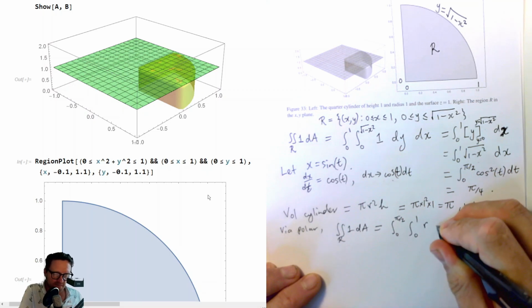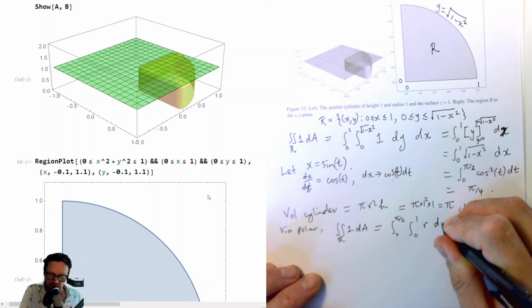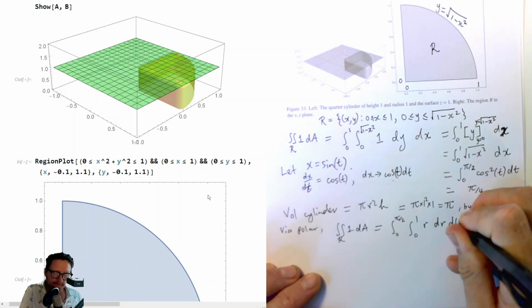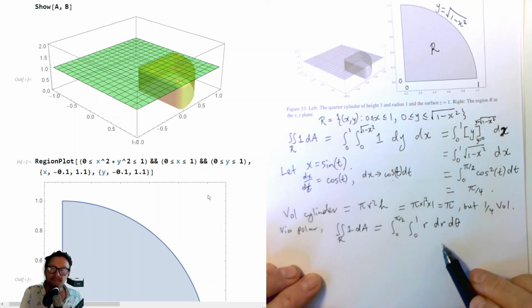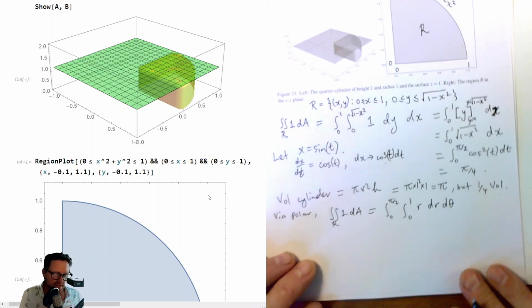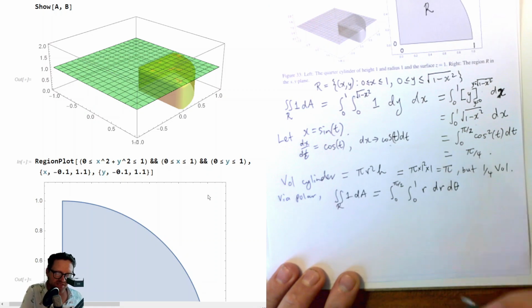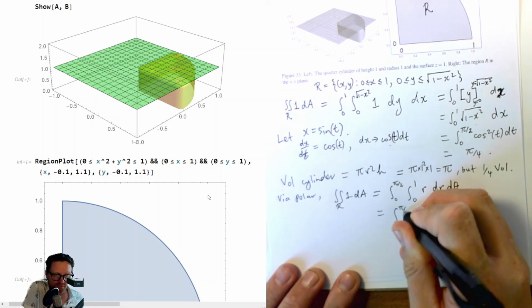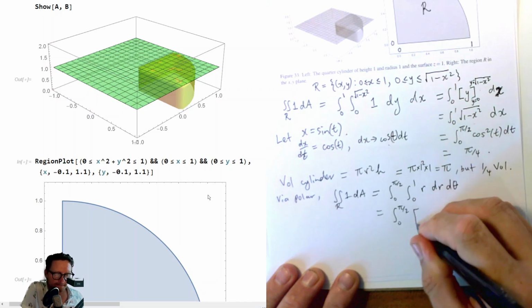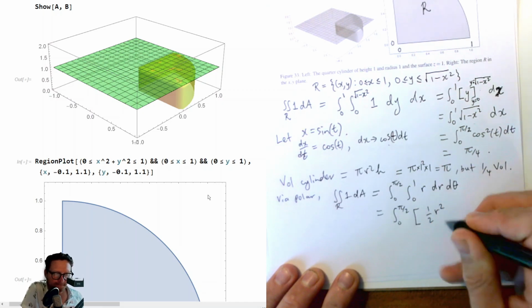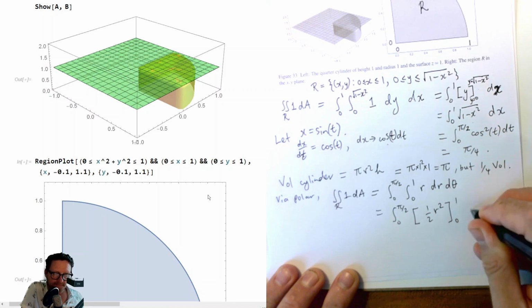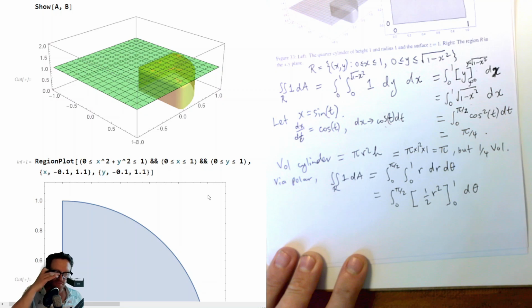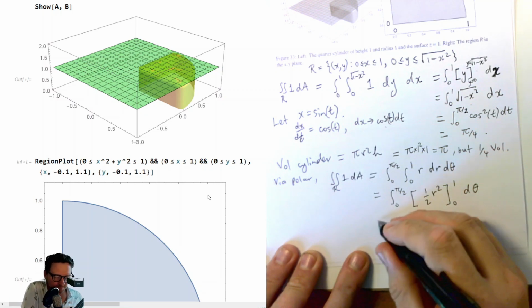So we have r, and then we have dr and d theta. Okay, and so this integral is pretty easy. We just have a half r squared